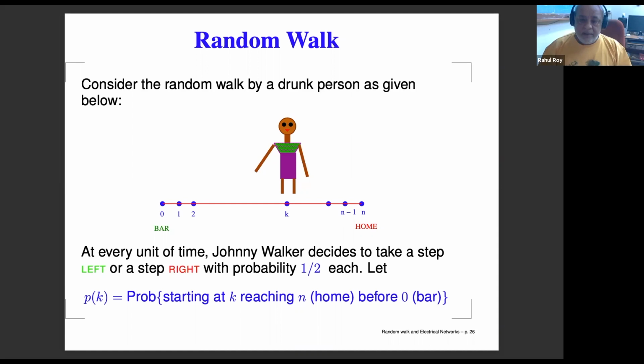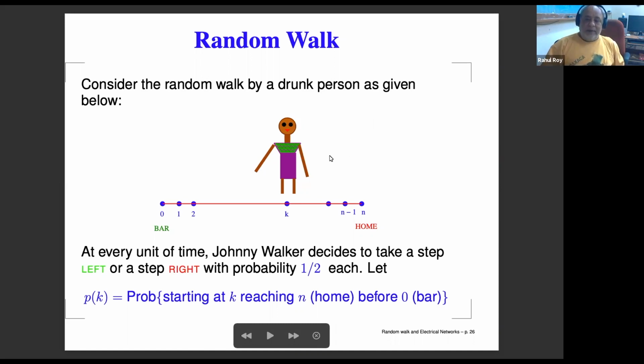For the second part of this talk, we'll do random walk, as I told you earlier. So, random walk is also, in the joking parlance, we say it is the way a person who is drunk walks. Okay. So because we call it a person who is drunk, let me call the person Johnny Walker.